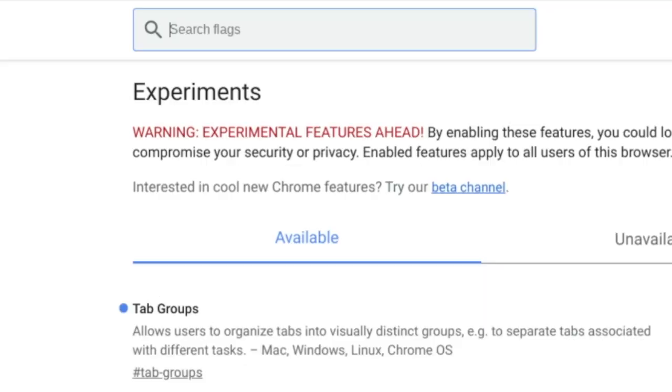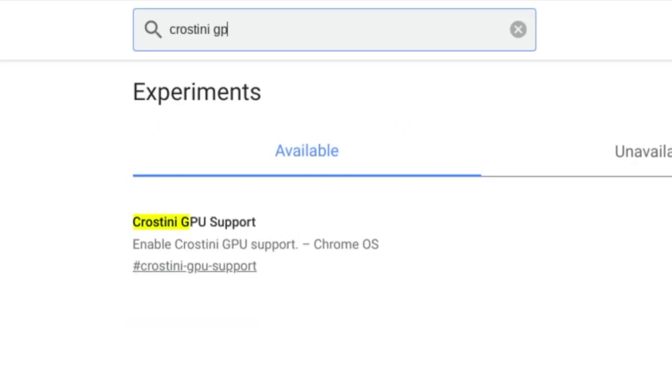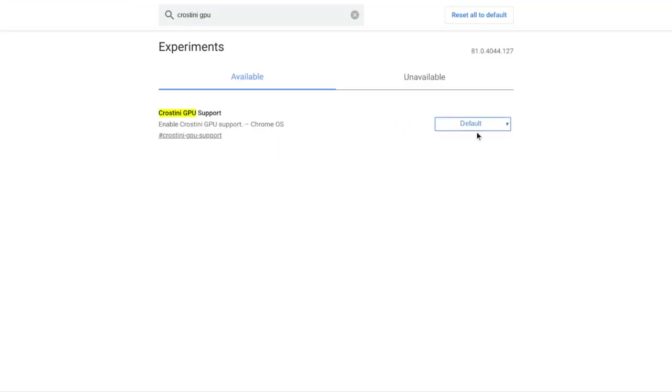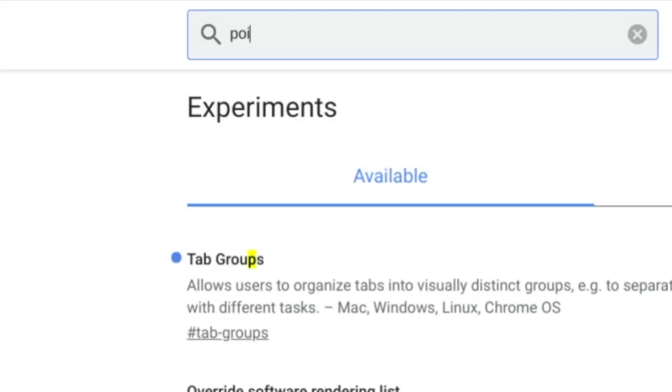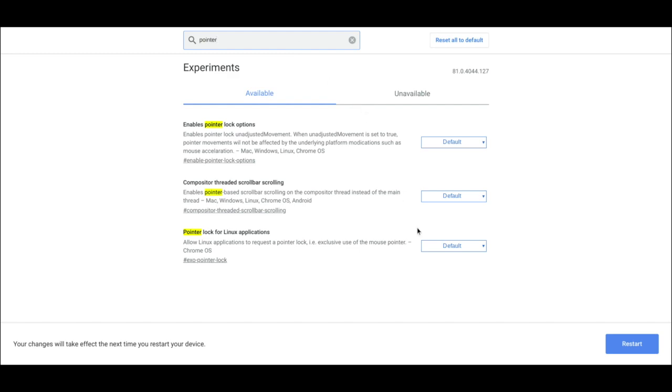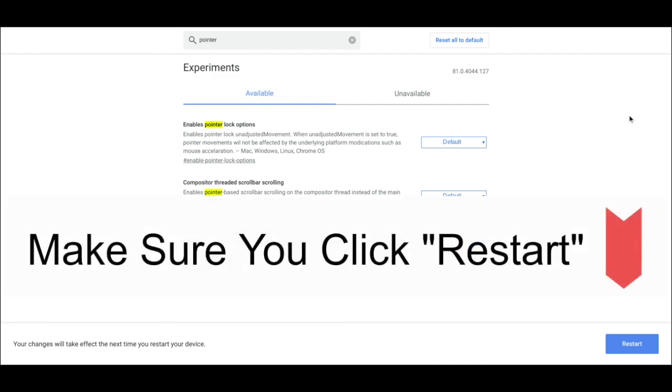First, search Crostini GPU support and enable this option. This will prevent Minecraft from running like an absolute potato. Then, search for pointer lock for Linux applications and enable this as well. This will allow Minecraft to take control of your cursor, so you aren't constantly clicking outside of the Minecraft window. Once you've enabled these two options, click the blue restart button at the bottom of your screen, and now it's